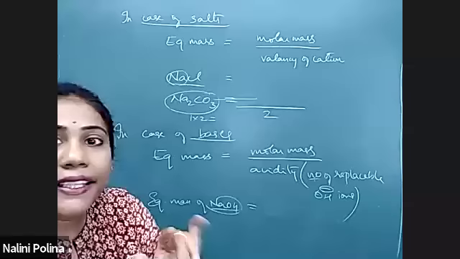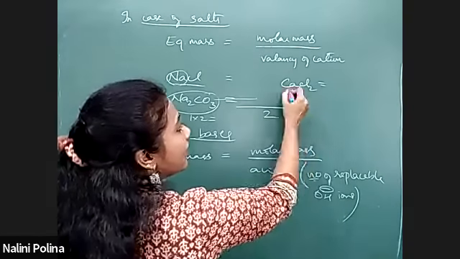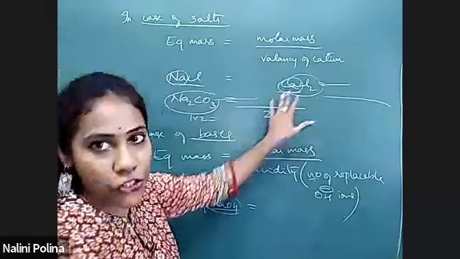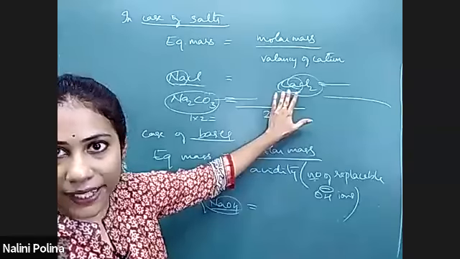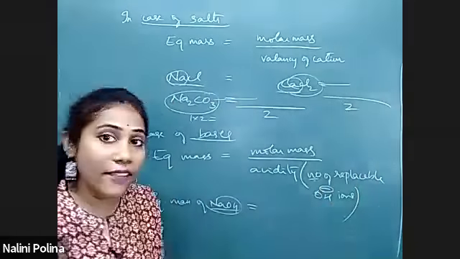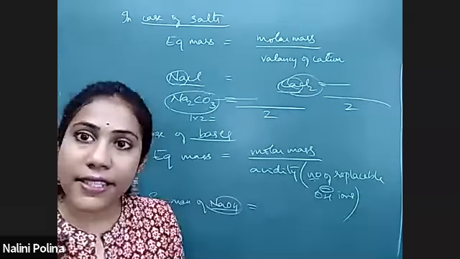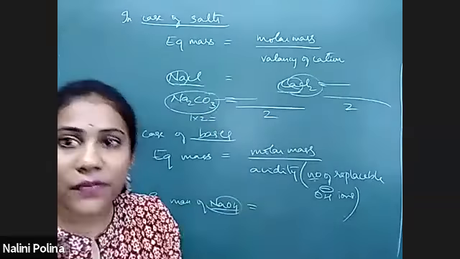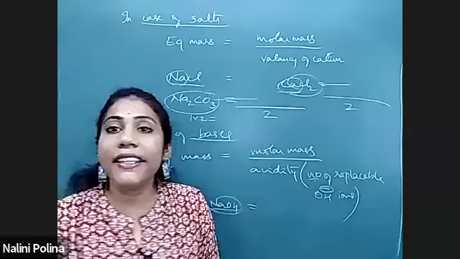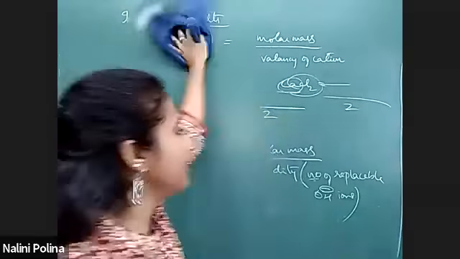Okay, equivalent mass of calcium chloride somebody is asking, right? So calcium chloride's molar mass divided by calcium is the positive part, yes or no, cation. What is the valency of calcium? Calcium valency is 2. Here you should know the valency. Calcium belongs to second group elements, isn't it? So all second group elements valency is 2. Okay, so this is how you have to find the equivalent mass of these elements or different substances.